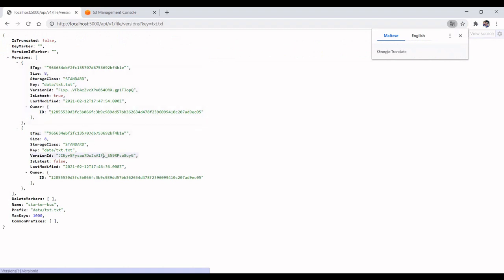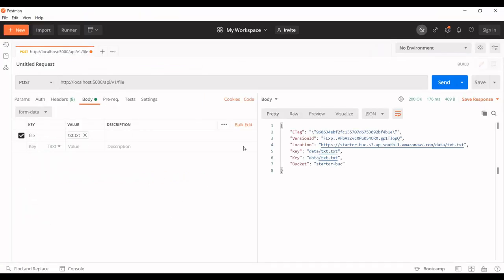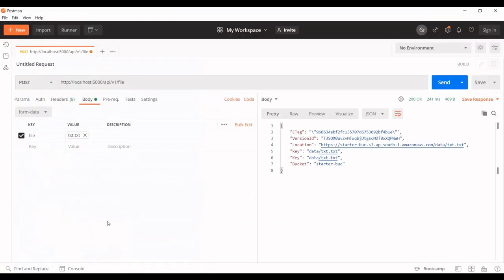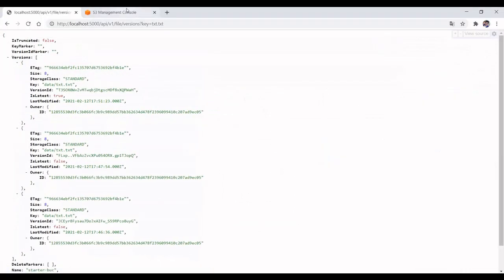These are the versions available. If I upload one more, three versions are available. I'm going to delete two versions because all the contents are same.